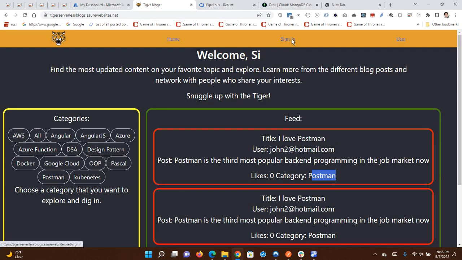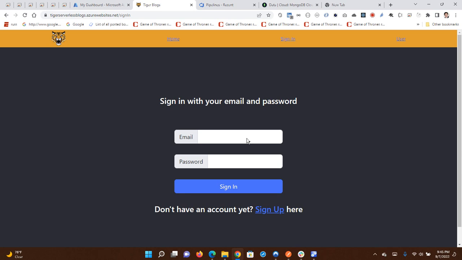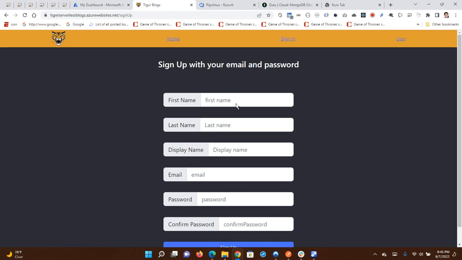Now, the first time you launch the web, you can see and read everything from the posts in the database, but you cannot create a post at all. If you want to create a post, you need to sign in. So the first time you have to sign in. And if you don't have an email address and password, you can click on sign up